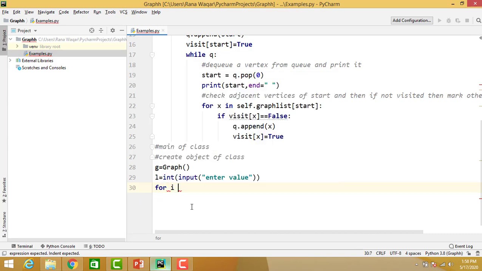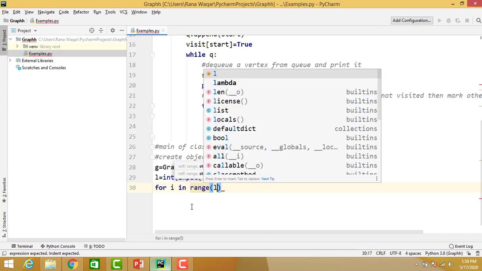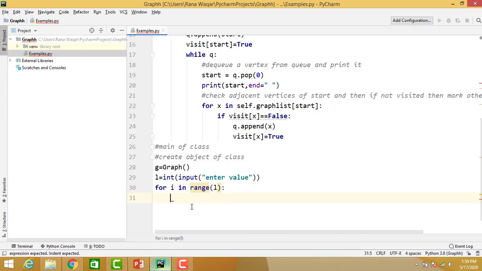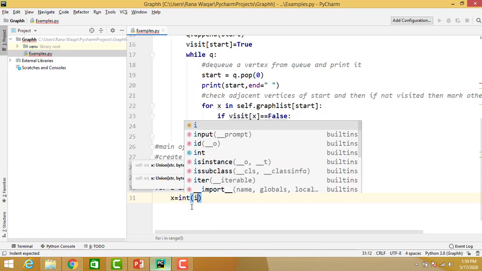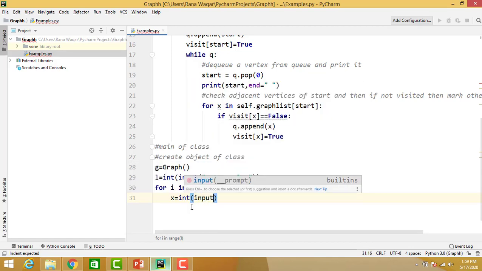For i in range of L, then we are getting two values, a and b.